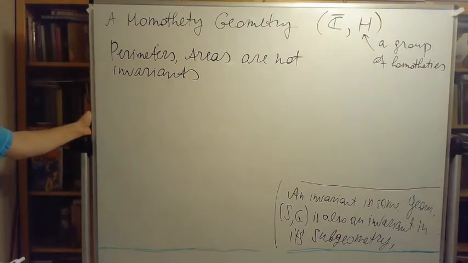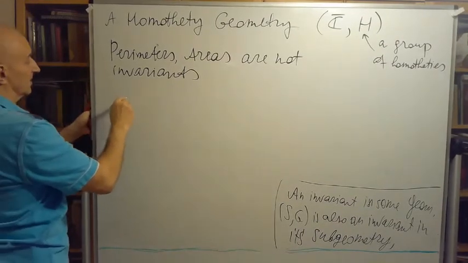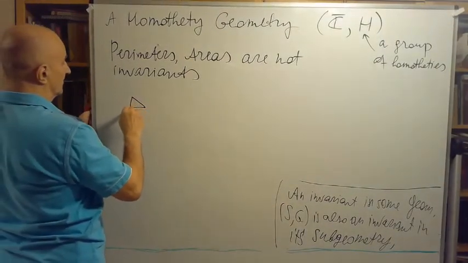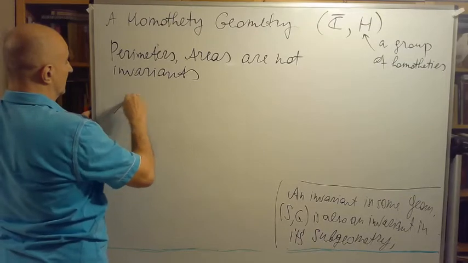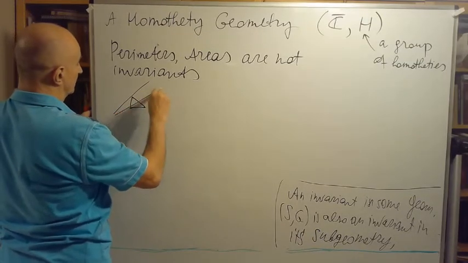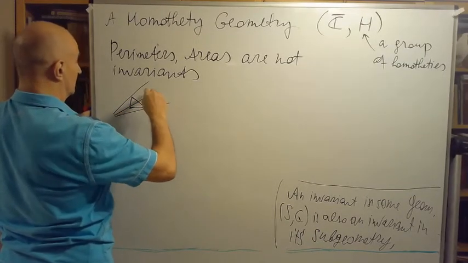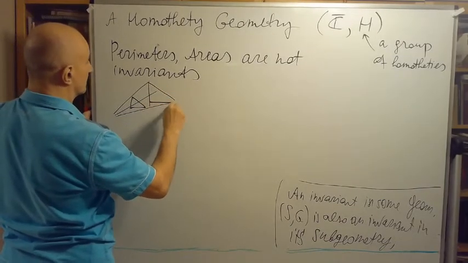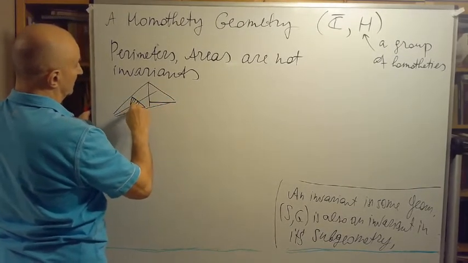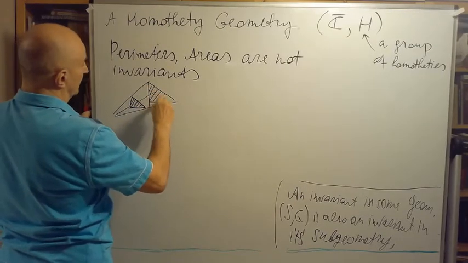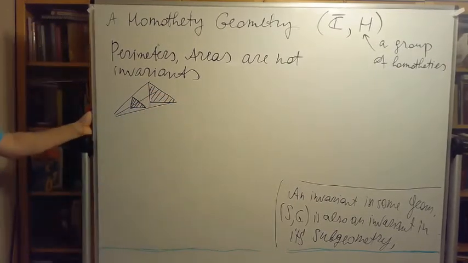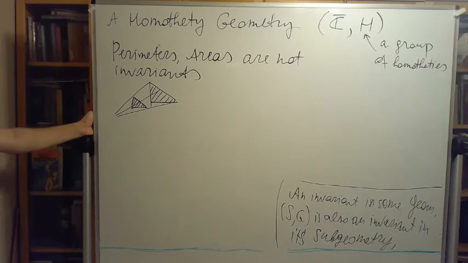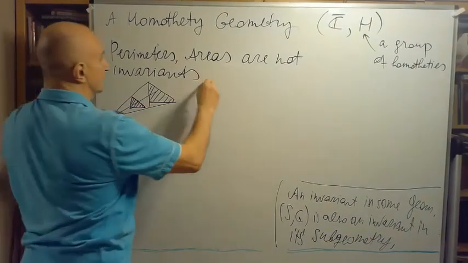In contrast with the Euclidean geometry, because a homothety may transform a triangle into a greater triangle, and the area of this triangle is evidently much smaller than the area of this triangle. The same story about the perimeters. However,